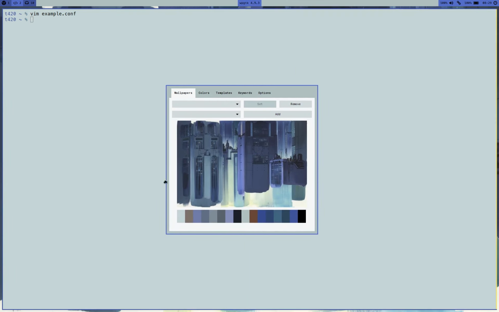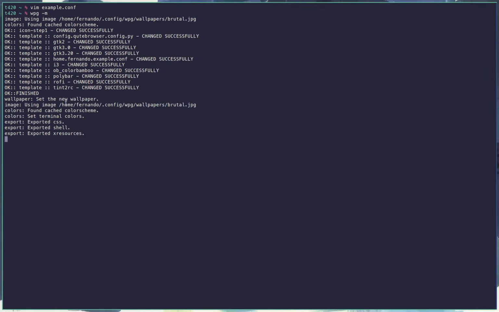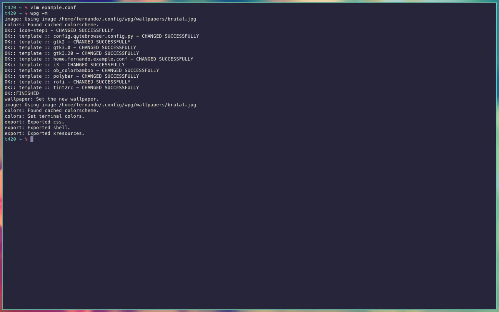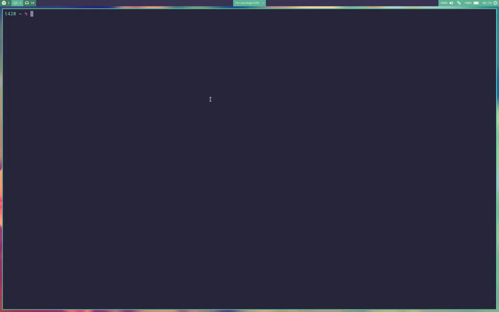So if you want to see the log of this, I'll just go ahead and select a random theme. You can see that the templates are considered whenever this is done. Okay, Polybar just had a delay over there. Okay, so